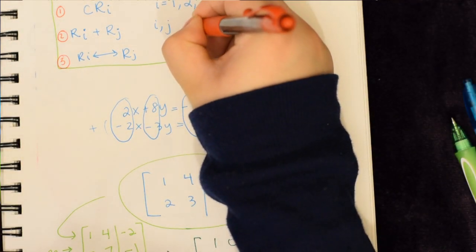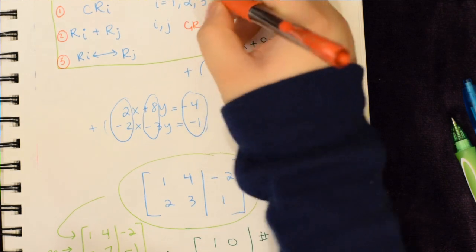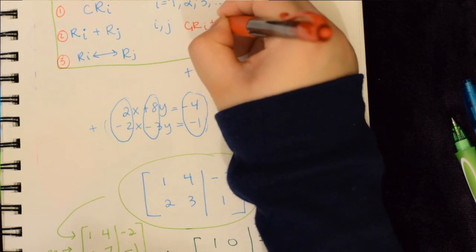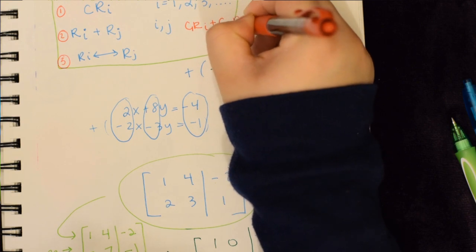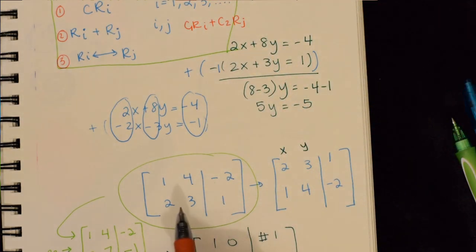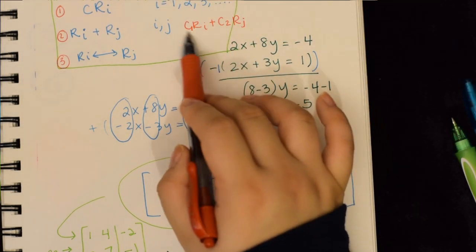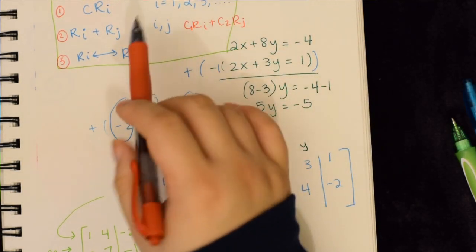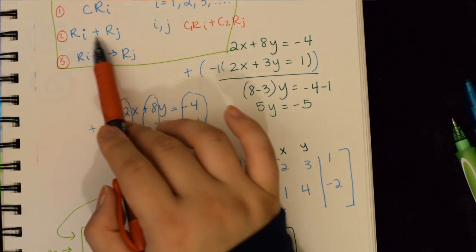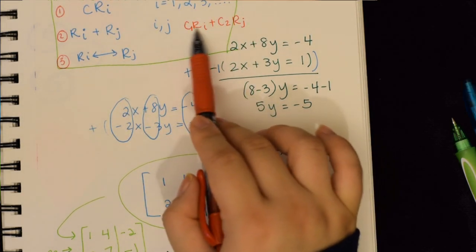So like C1 Ri plus C2 Rj, and replacing one of the rows. So this is more like the shortcut. This is a shortcut, but you can see how 1 and 2 combine to be something like this,